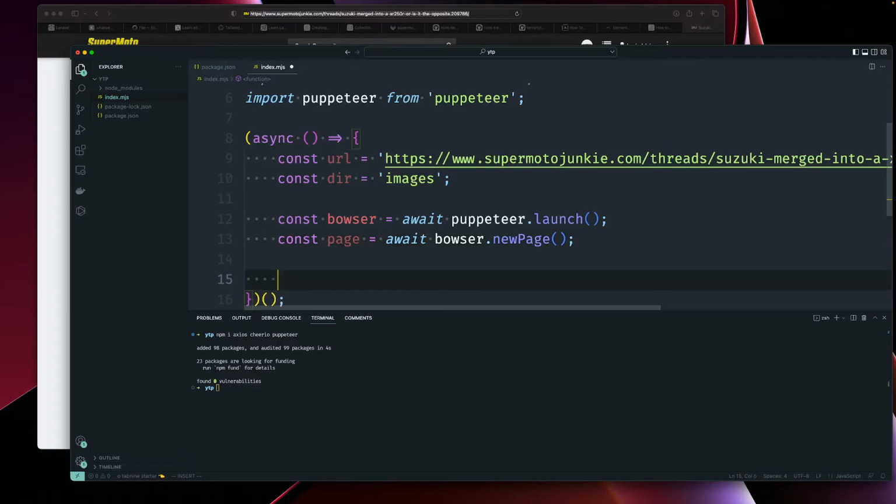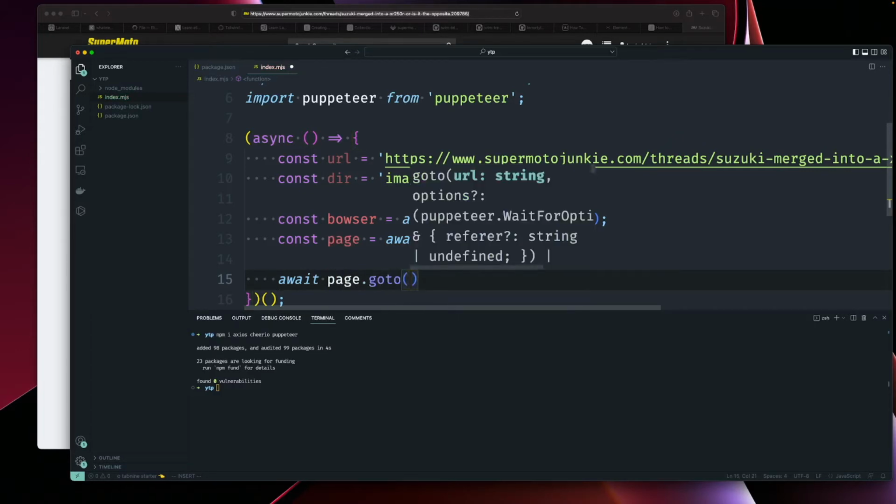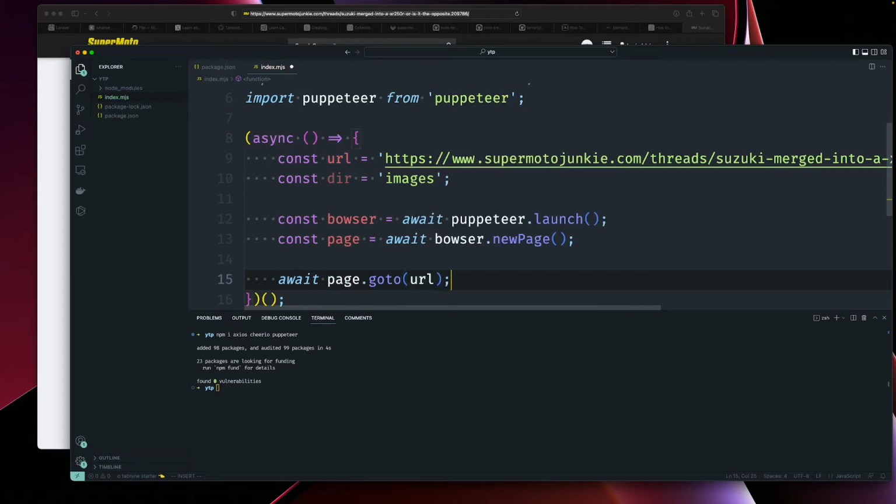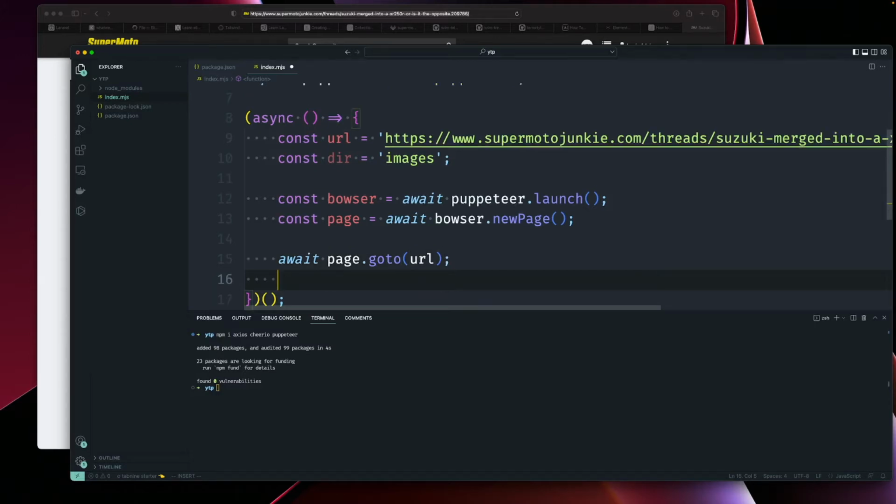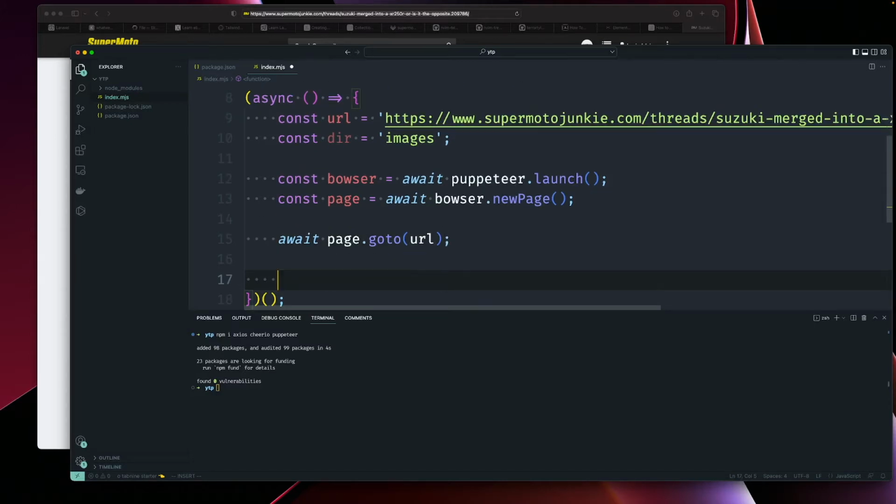In this case, we need to await page.goto, and we need to specify the URL. This method basically will fetch all HTML from the URL, and then we will use Cheerio to parse page content and